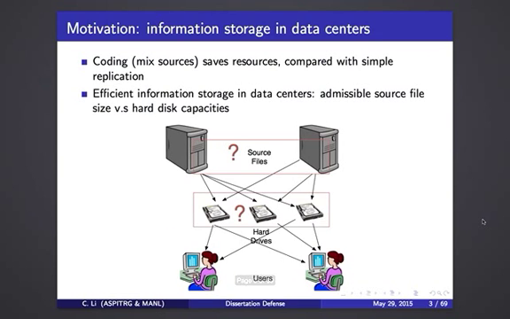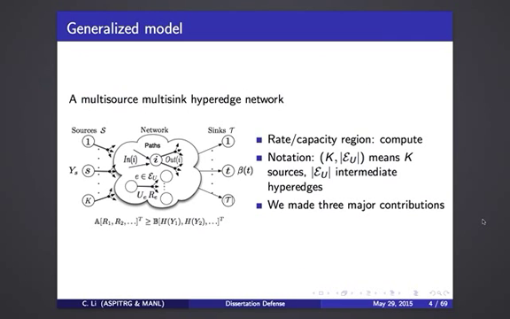Similarly, in a storage system, it is also shown that coding can outperform simple replication, and the basic relationship here is the achievable source file sizes versus the hard disk capacities. It turns out that these two types of problems can be generalized to a multi-source, multi-sink hyperedge network, where the